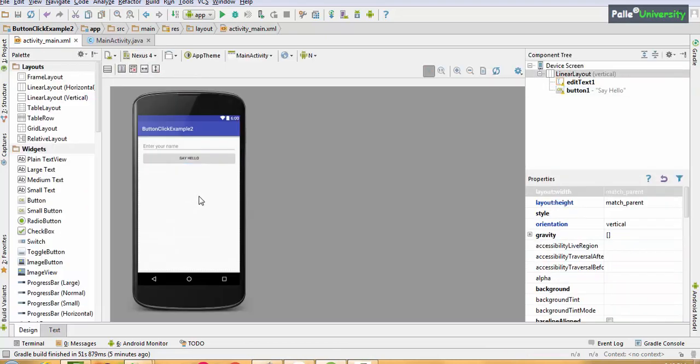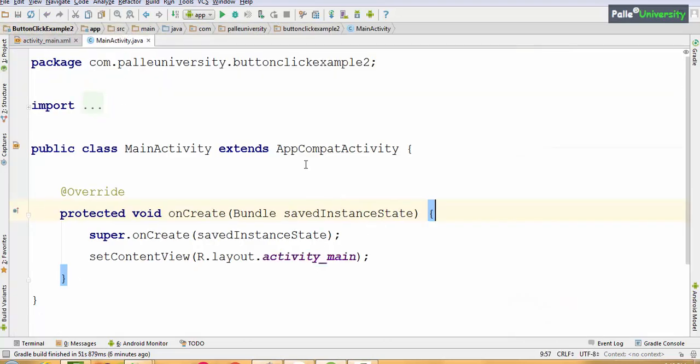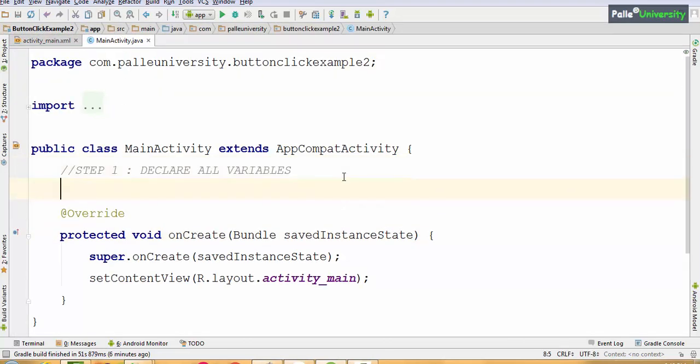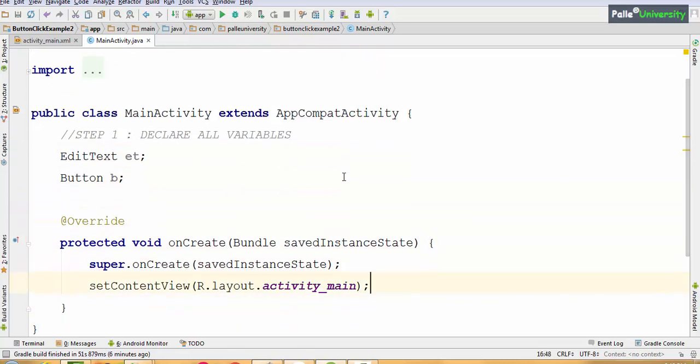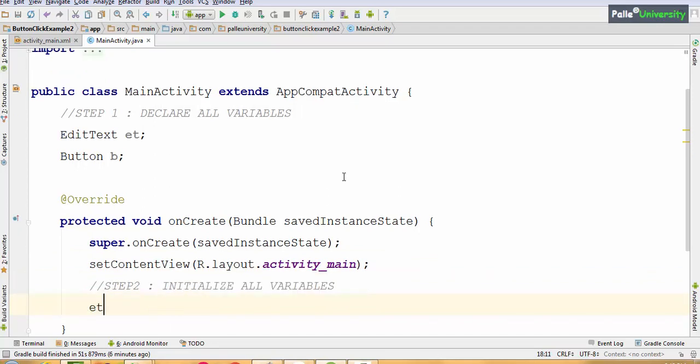Once design is over, now we will go to the Java file. We will follow the 3-step process. First step, declare all variables, EditText et, Button b. Now come to the onCreate method. Step 2, initialize all variables. To initialize, we will use the findViewById method.